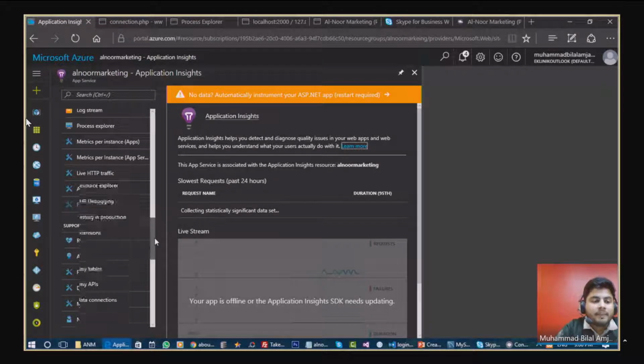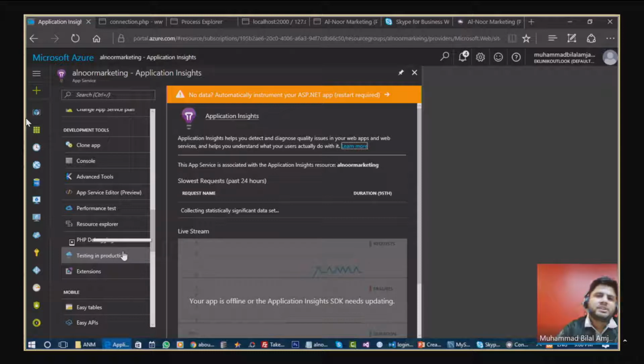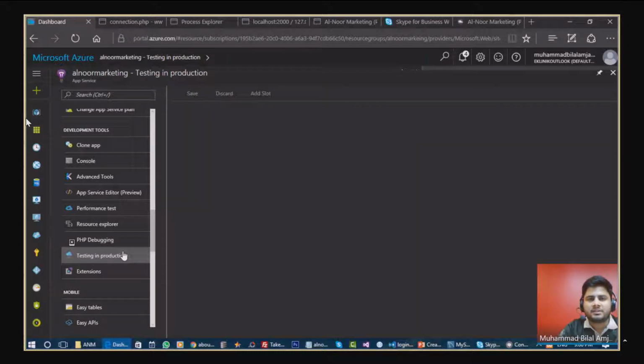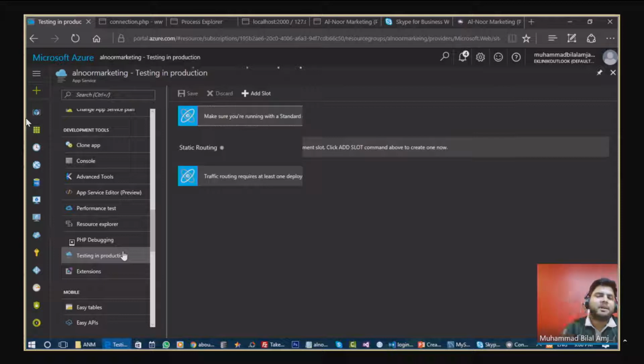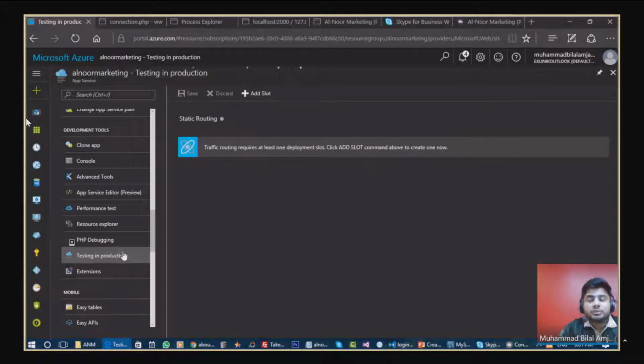But there's one coolest feature remaining here: testing in production. If your application is deployed and live, you do not need to stop it to test. You can live test it. You can bombard lots of users on your application just to test its performance. You can bombard 5,000 users simultaneously with this testing feature. So you do not need to bring 5,000 actual users. This testing feature will create virtual users for you,